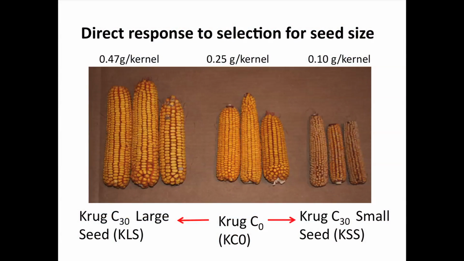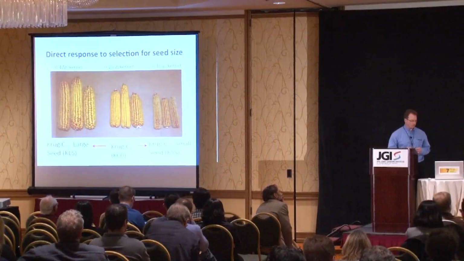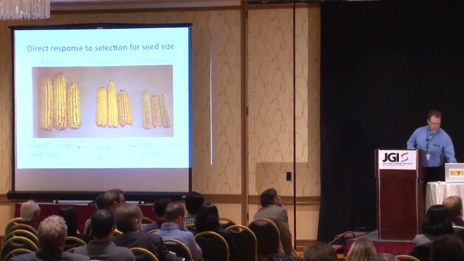As with many selection programs, the phenotypic response to selection was very impressive. I have some pictures of ears here. The small-seeded types are smaller than grains of popcorn. The middle ears that you see are the types of corn that you'd see on the trucks going by on the highway, similar to our modern hybrids that are grown. And the large-seeded types are quite large, similar to the corn nut snacks that you eat if you've seen those before.